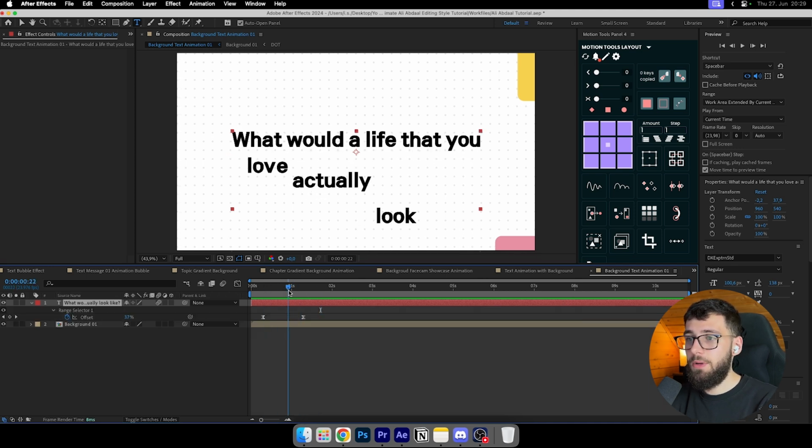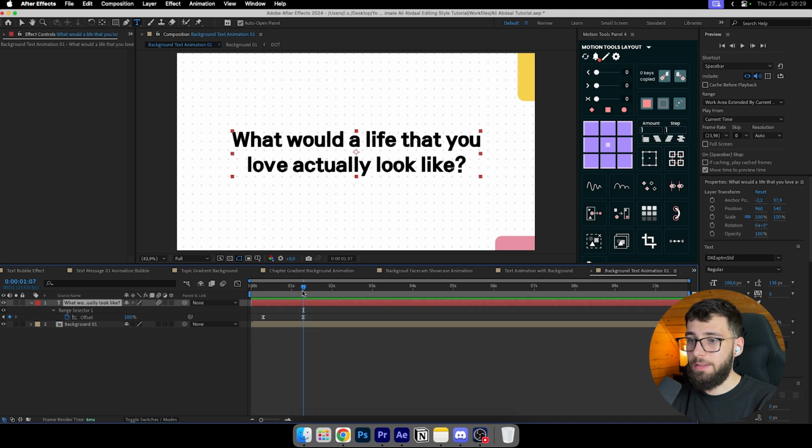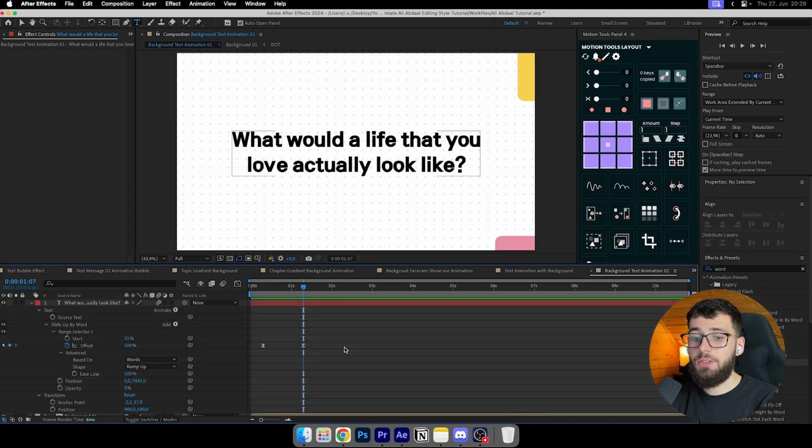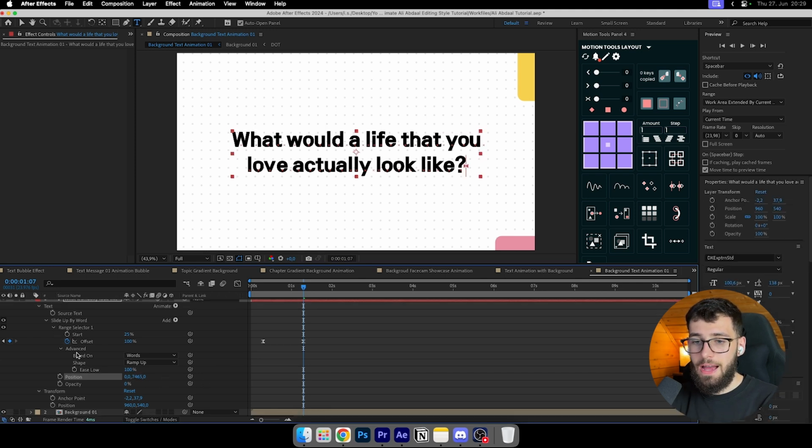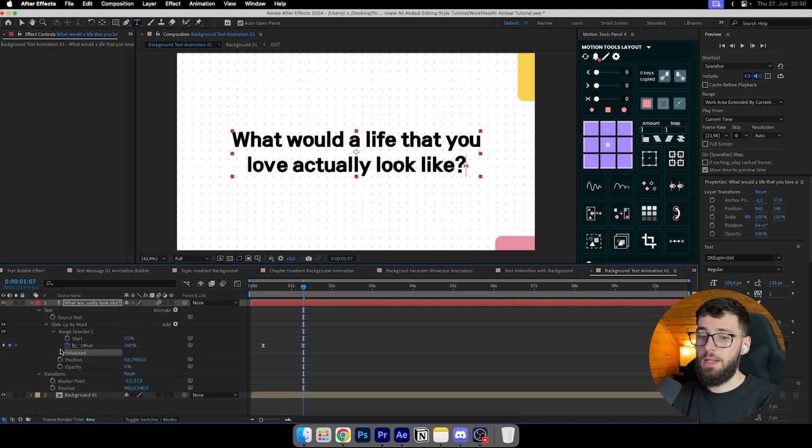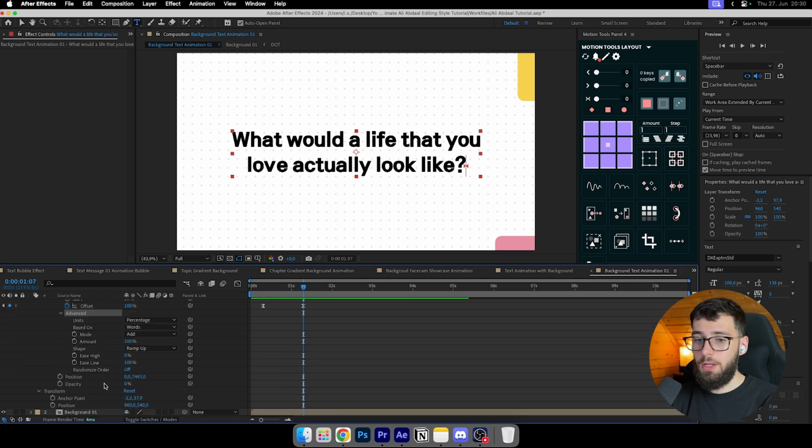Now there is a reason why I copied this exact animation. It is because we can actually have it not come from the bottom, but from the top. Let me just show you. So see, if you open this up, we have the range selector. This is basically the animation. And then we have the advanced section. If we open that one up, we can see a position. The position here is set to